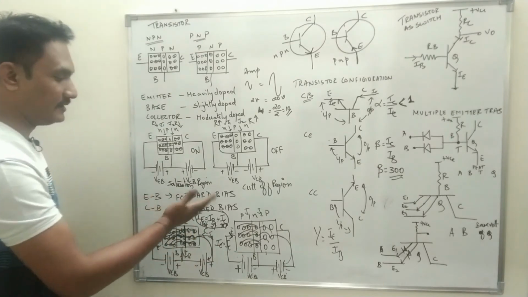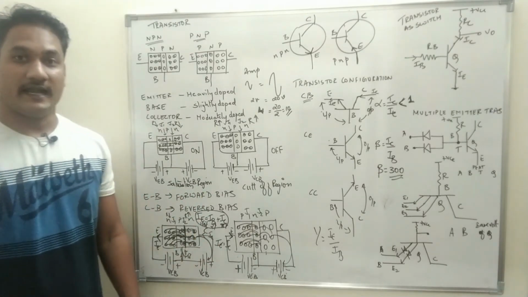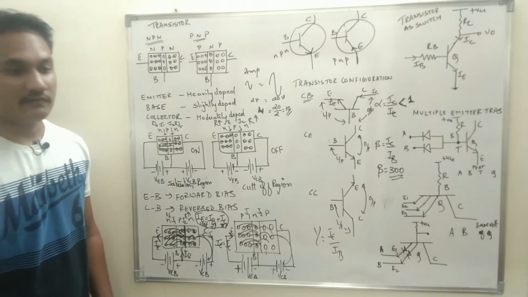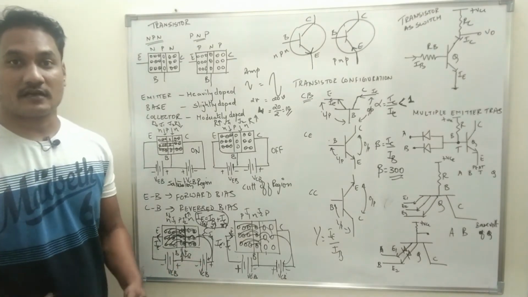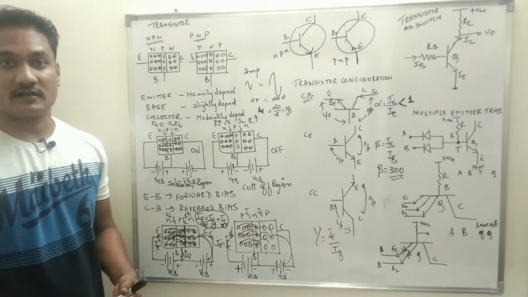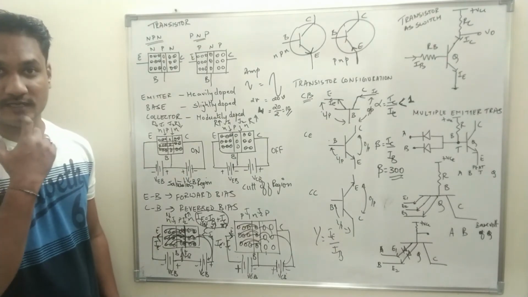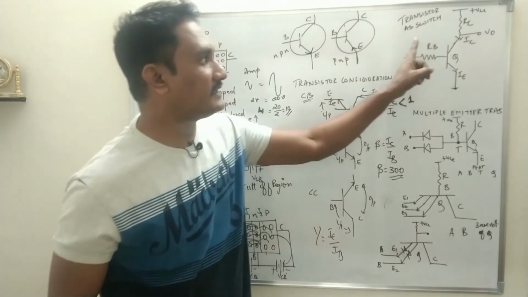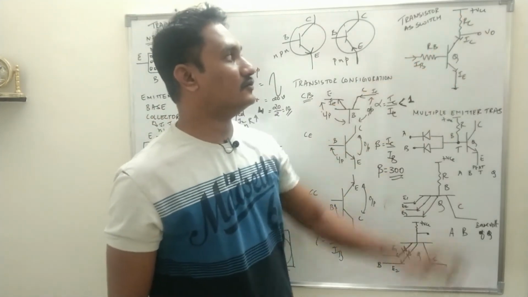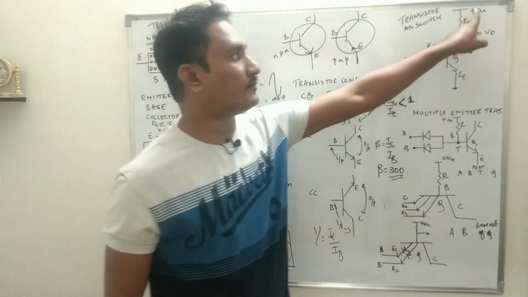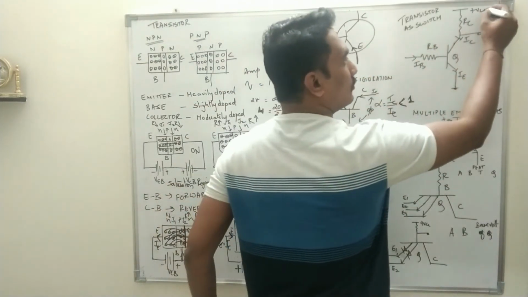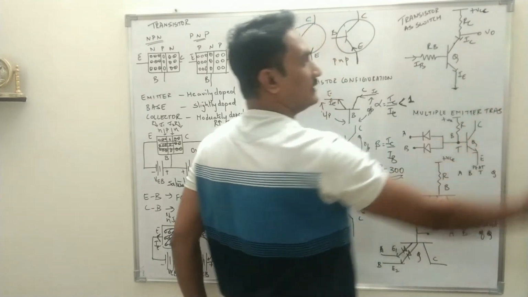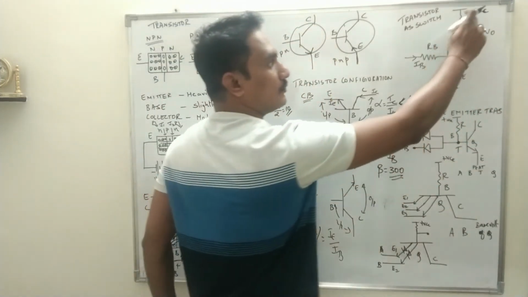This is the polarity. The emitter-base junction should be forward biased and the collector-base junction should be reverse biased. Of course, what we have done is apply two external biasing potentials, but the same circuit can be designed using a single potential. This is plus VCC, which indicates the total collector potential. So that is the single potential.